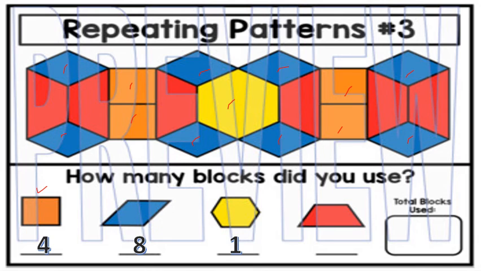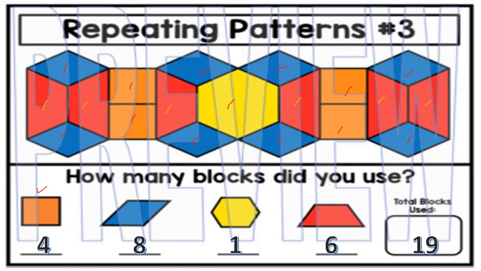And what about the trapezium? Means 5-faced figure, red color. So here 1. I will take yellow here. This is 1, 2, 3, 4, 5, 6. Isn't it? So we will write 6 here. So altogether how many blocks used? Total 4 plus 8 is 12, plus 1 is 13, plus 6 is 19. Isn't it? 19 blocks are used to make this pattern.